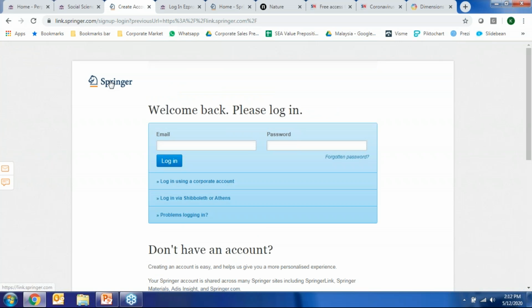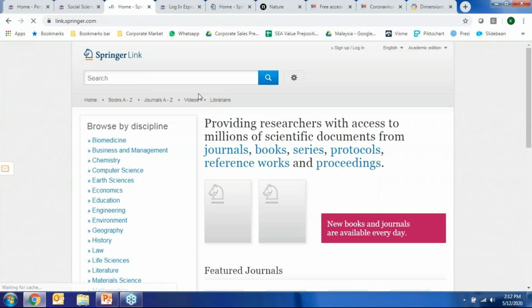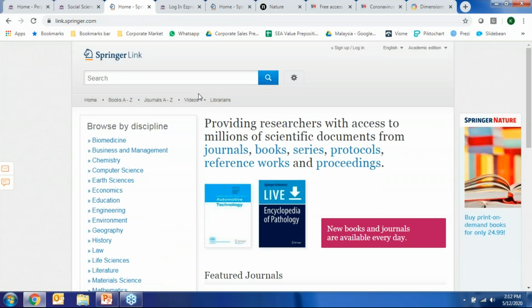Well, normally the reason for this is that there is a functionality on the back end of this platform: once you have created a user account on the platform, and you log in and go through the authentication process, for example through your UMP proxy, the account would remember your authentication.